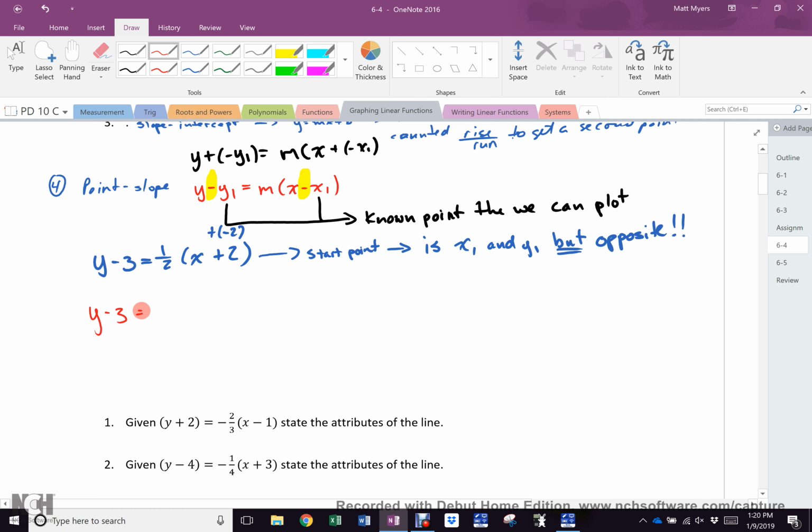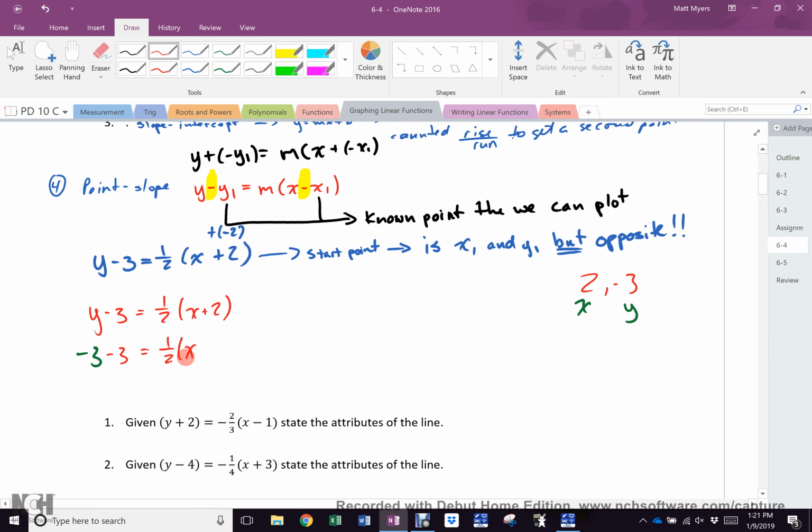Now, to show you once again how it works, I'm going to show you again. y minus 3 equals 1/2 x plus 2. Now, the other guess we had was 2, negative 3, because that's what we could see, right? Everyone agrees that the first impulse was saying 2, negative 3. Okay? All right. What would happen? What letter does that 2 represent? That's an x. What letter does that negative 3 represent? A y. What letter is that? y. So what could I put there? Negative 3 minus 3, because that's what I'm subbing in,